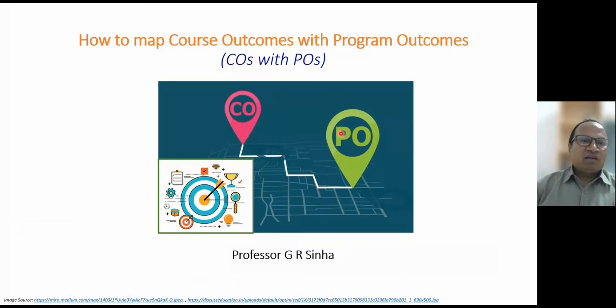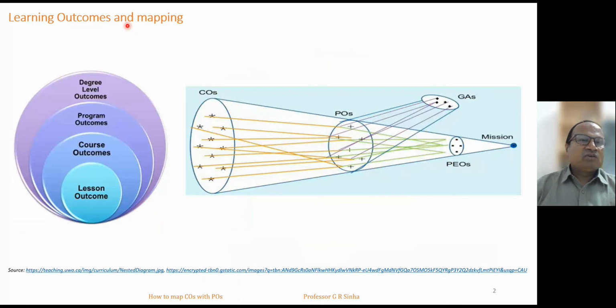So let us understand this mapping. This is learning outcomes and mapping. You see here, as we know, degree level outcomes are there. Under the degree level outcomes, you have program outcomes. There may be a number of degree level outcomes under which there may be a number of degrees at the level of master's, undergraduate, and so on, in different disciplines like science, arts, engineering, commerce. So in each program, let's say Bachelor of Arts, Mass Communication, or Bachelor of Engineering, Computer Science,